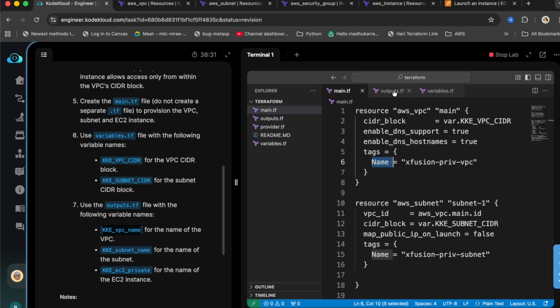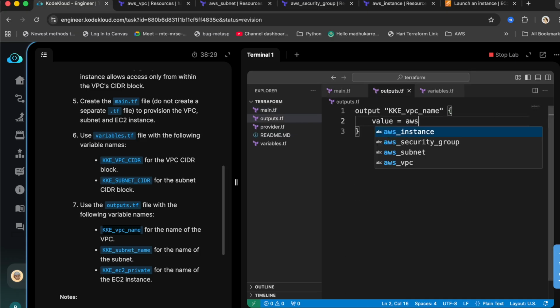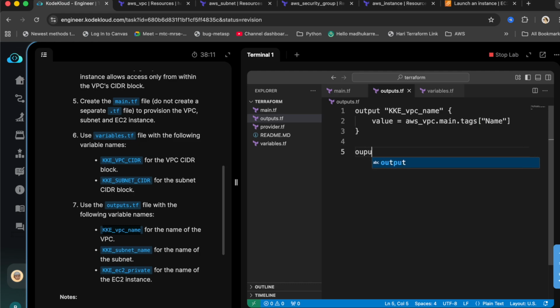So how you gonna do? Just type value aws_vpc, that's a resource type, and the resource name main, and then out of it I'm getting tags. In tags I'm fetching Name. So be specific with the case. These are case sensitive. So that's gonna fetch it, and then another output variable,